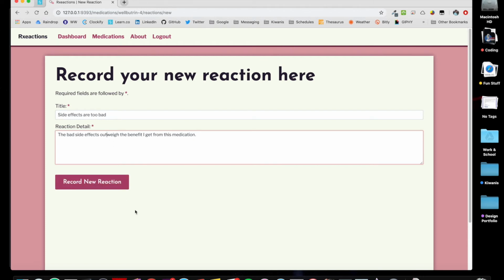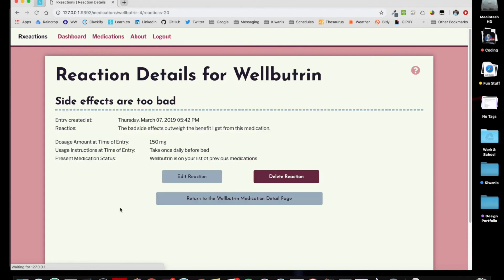I think that's one word. There we go. And you'll see here, present medication status. Wellbutrin is on your list of previous medications. So if we return to the detail page,